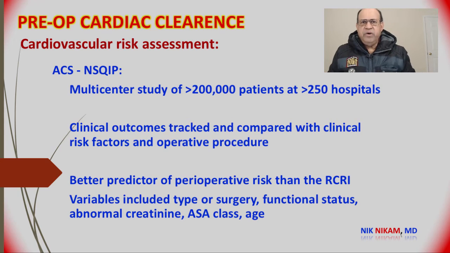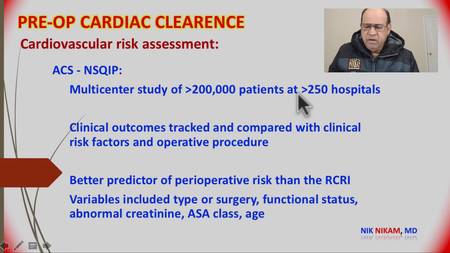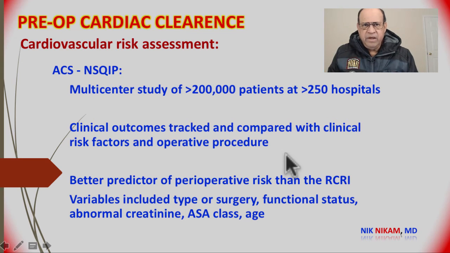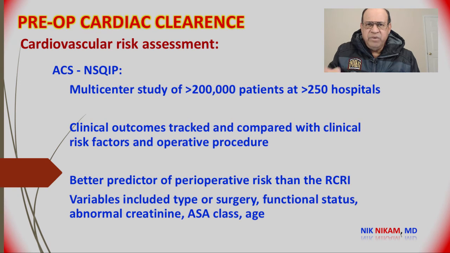In order to answer that question, the American College looked at more than 200,000 patients from 250 institutions, and they came up with a formula to determine the perioperative risk in patients going for non-cardiac surgery based on their medical history, physical examination, and lab evaluations. So let us visit this website, test it out ourselves, and see how this will help us to determine the perioperative risk of a patient with a cardiovascular problem going for